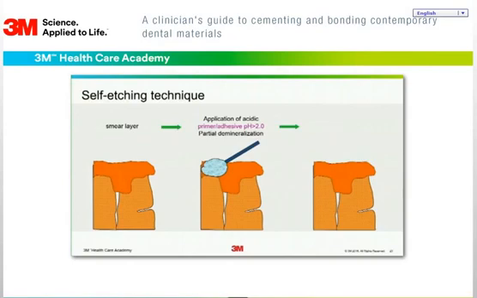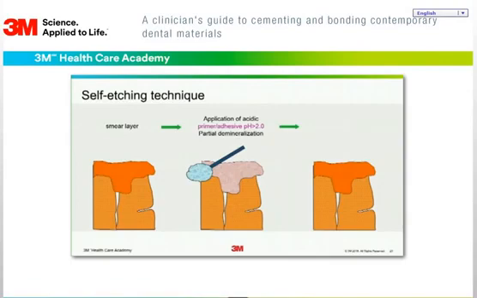And the stated aim of this particular technique is by agitation over the smear layer, which is left intact, a partial demineralization of the smear layer would occur, allowing for the adhesive to infiltrate in forming a network, thereby not removing the plug, which was left intact from the smear layer, and sealing it, if you will, as a part